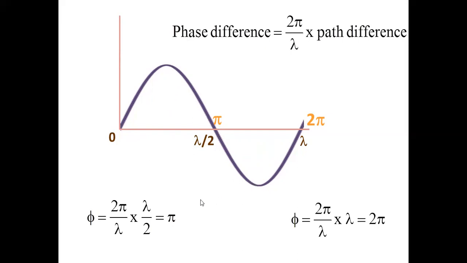Okay, now take another one. What is the phase difference between two particles separated by a distance of lambda? 2 pi by lambda, that is in the formula, into path difference, lambda, lambda, lambda cut, 2 pi. Do you get that? So this is a common formula. This is very important. This is a supportive formula. No question will be asked about the phase difference and path difference between two particles separated like this. That will not be asked, but this is a supporting formula. You must know it. Okay, we'll move on.